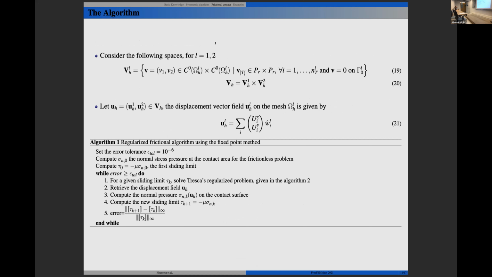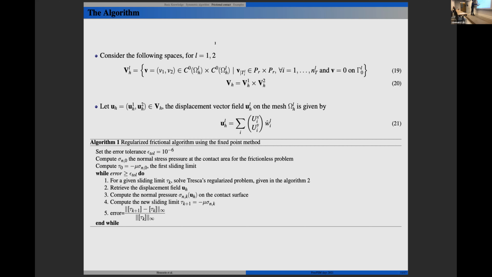Our unknowns will be the set of degrees of freedom, which are the horizontal displacement and the vertical displacement of each node of the two meshes. In this first algorithm, we express our Coulomb regularized problem as a sequence of regularized Tresca problems. Therefore, for each sliding limit